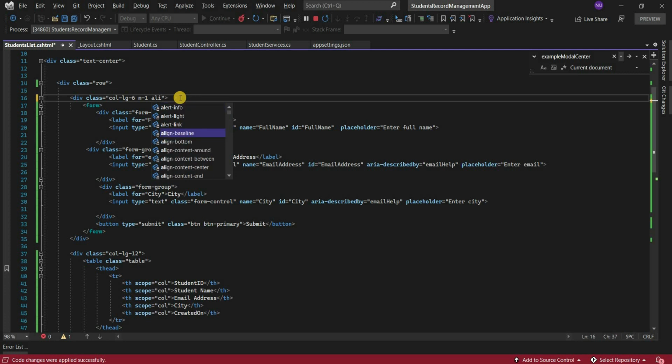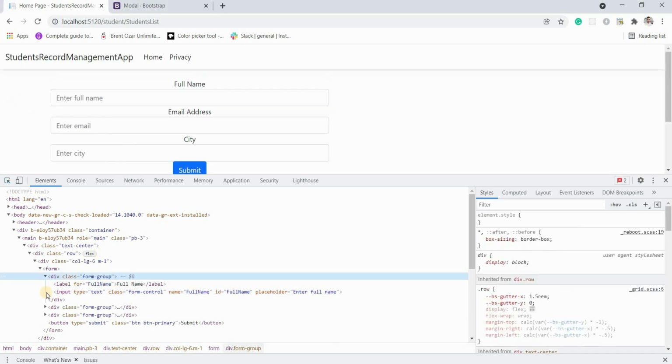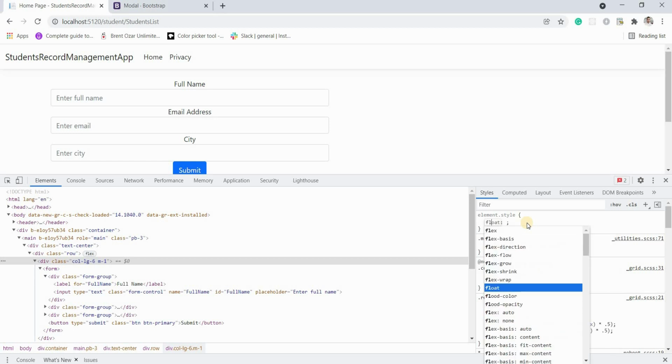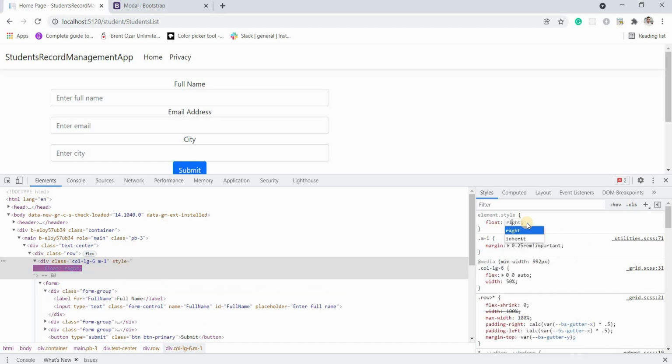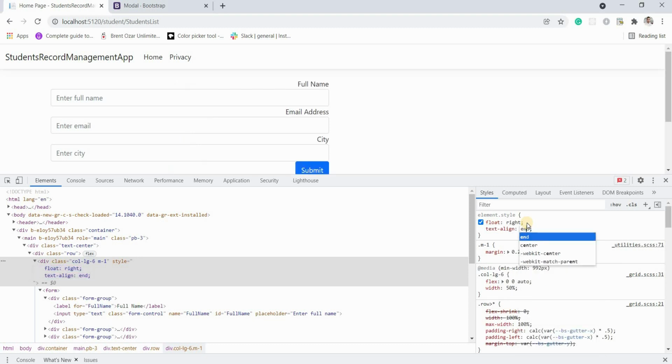Line item text. There is no bootstrap intelligence, guys. I am confused with the new version, but don't worry, it will be a good step. Let's see what happened. Float, right, text aligned, and start. Okay,